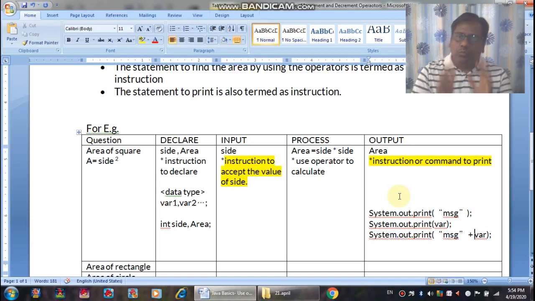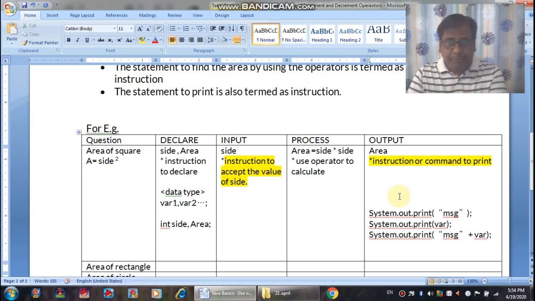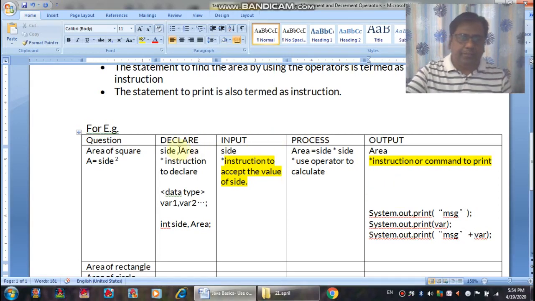But when you're working in the program, you're supposed to accept the value, means you are supposed to accept the value in a variable. So the variable can be used directly? No. It has to be created beforehand. It has to be declared beforehand. That's why the first point is very important, that is declaration.